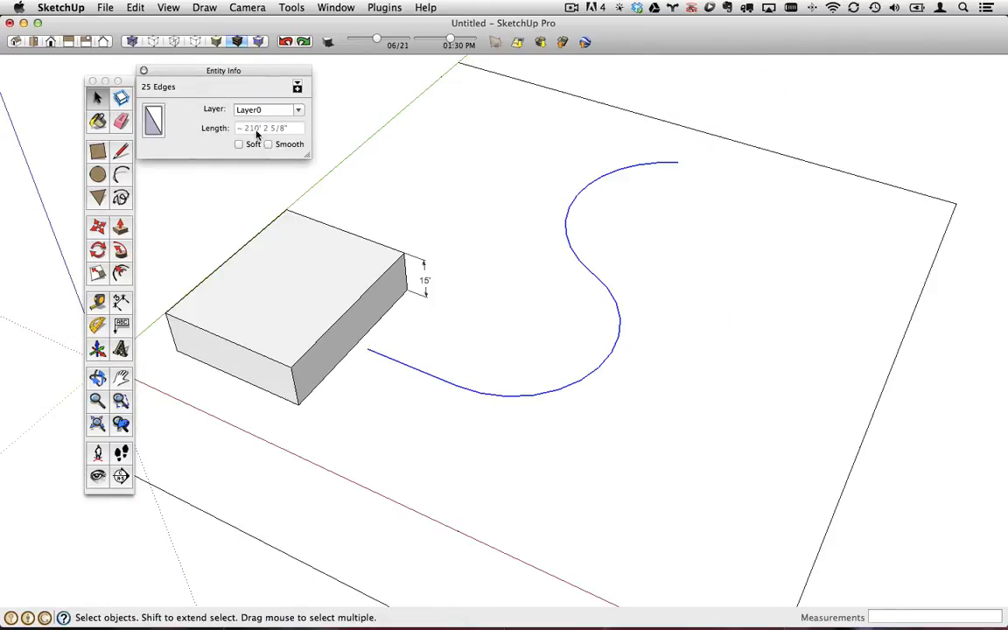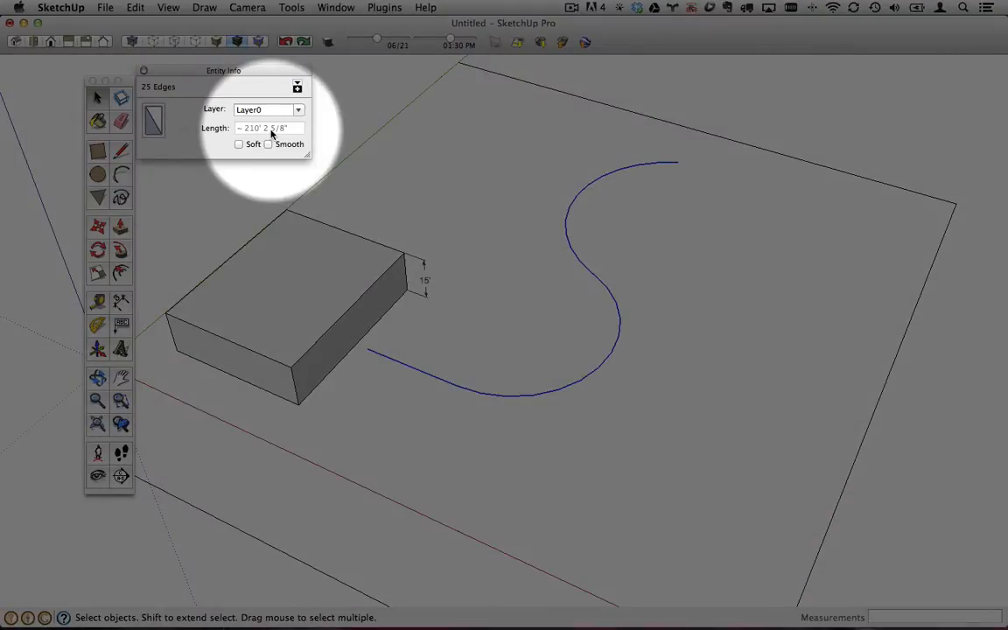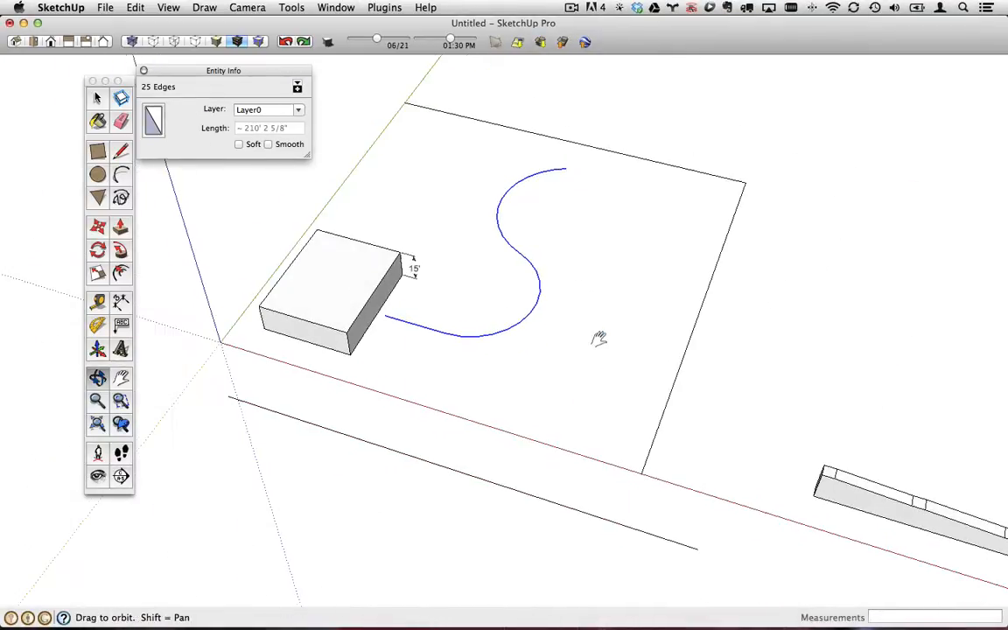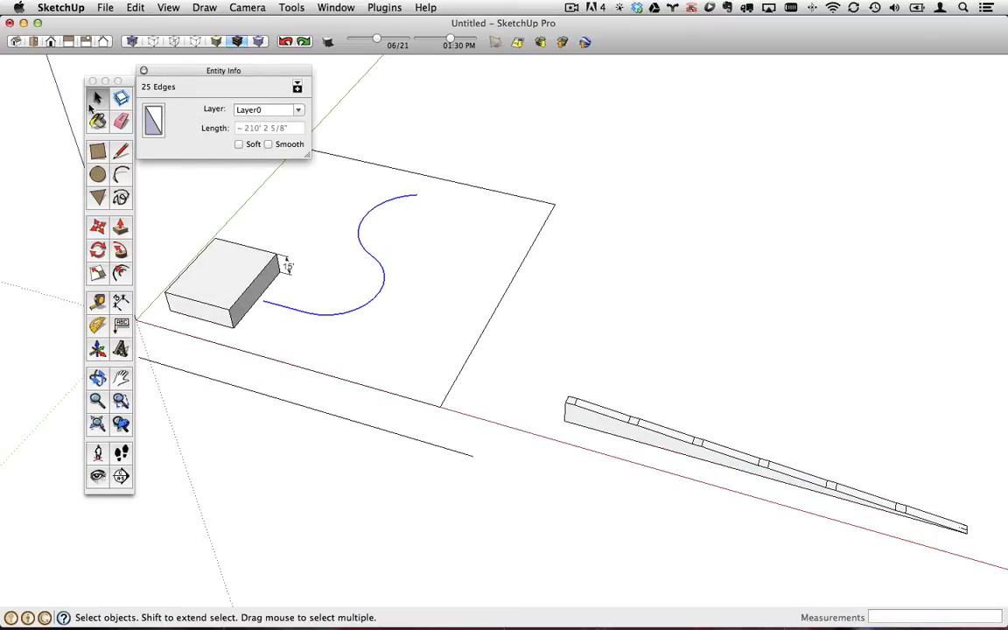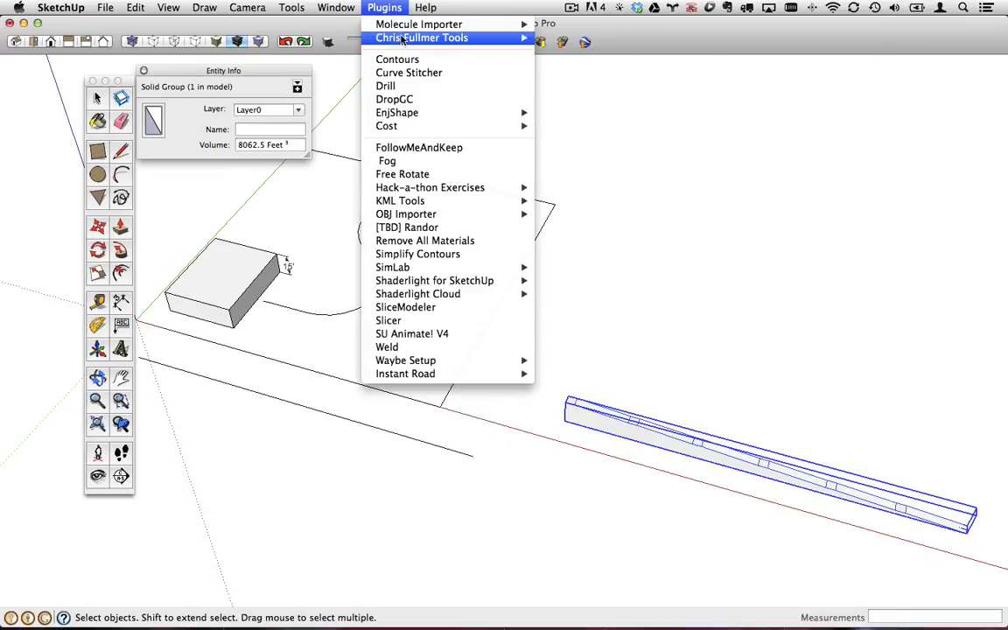If I triple click on that, 210 and some change, but that's good enough. So that's the shape that I'm going to bend this to. Here's how you use the tool, pretty simple. Click on your group, activate the plugin,